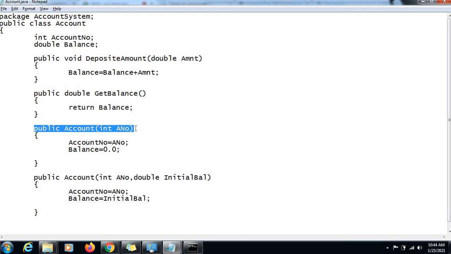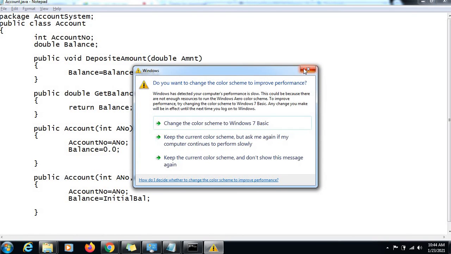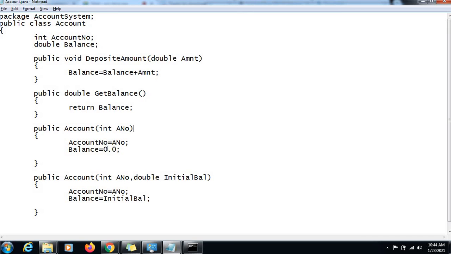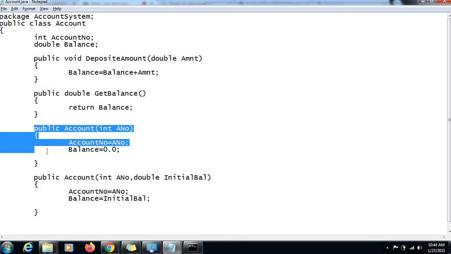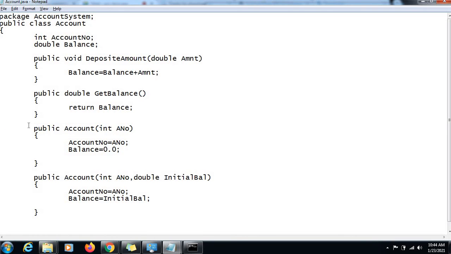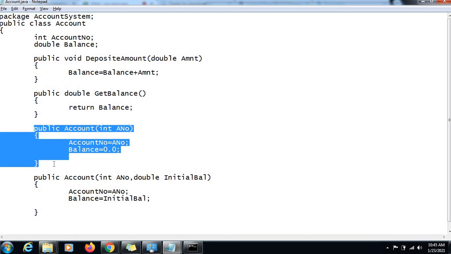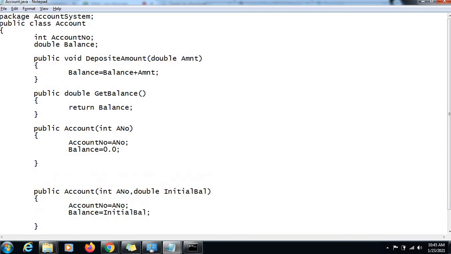So if you have multiple versions of constructor implemented based on the requirement you want to satisfy for creation of an object, where either the number of parameters they are accepting is different, or the types of parameters. In these two versions the number of parameters are different, but we can differ in terms of types as well. Like how? Let's see, I'll just mention it here. I'll define one more.